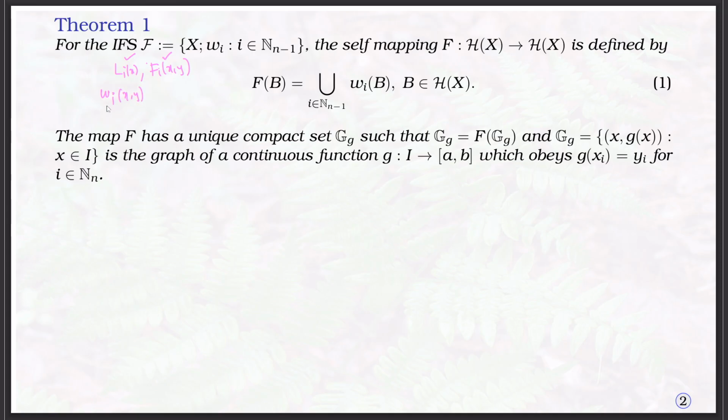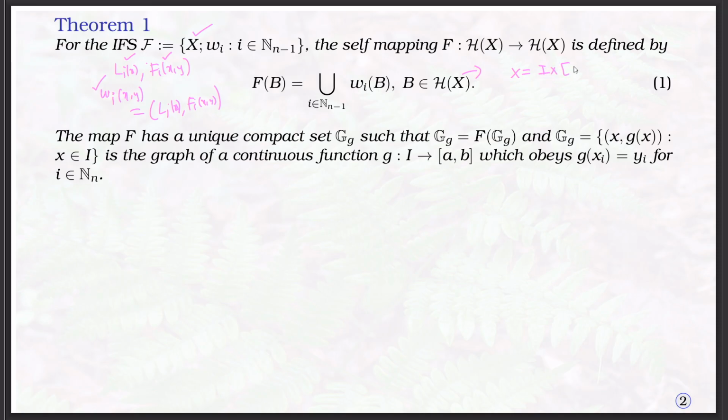Then we defined the mapping Wi as the combination of Li of x and Fi functions. Li is a contraction mapping and Fi is a contraction in the second variable. Then we obtained that Wi is a contraction mapping. Then we formed the iterated function system F like this one. Then the self mapping F from H of X to H of X is defined by F of B equal to the union of Wi of B for all B belonging to H of X,